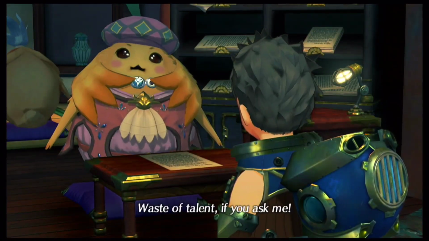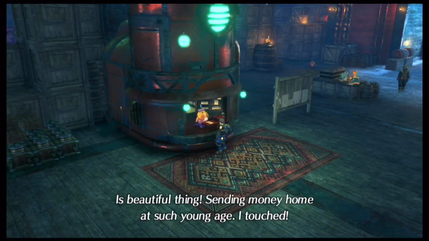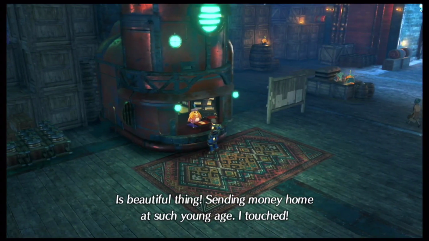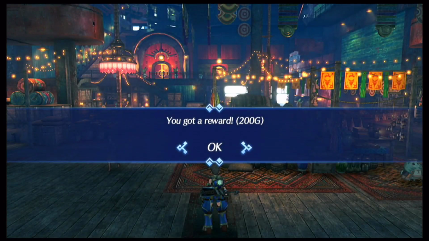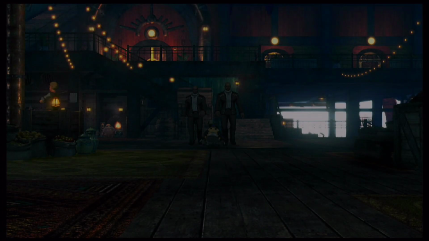The Nopon lady calls him a waste of space, says he's wasting his talents, but then compliments him on sending his money home at such a young age, before immediately berating her own son, who is sitting right behind her, mourning, and calling him a dum-dum. We get 200 G, and then after walking a whole 5 steps, we get interrupted by yet another tiny little furball